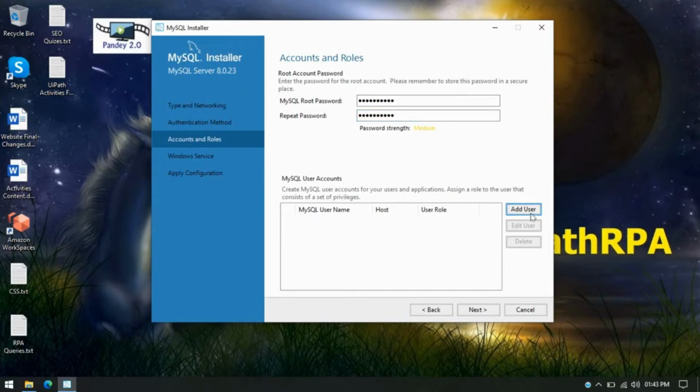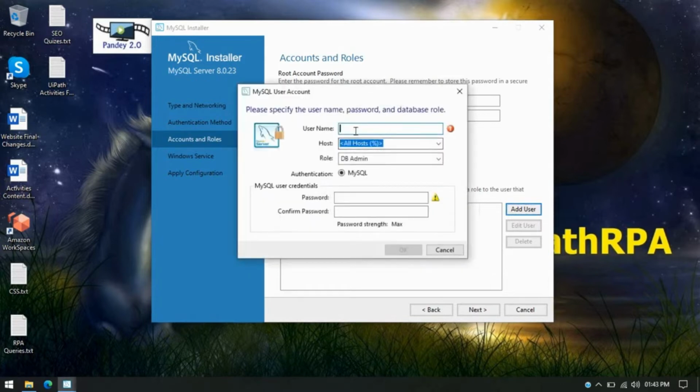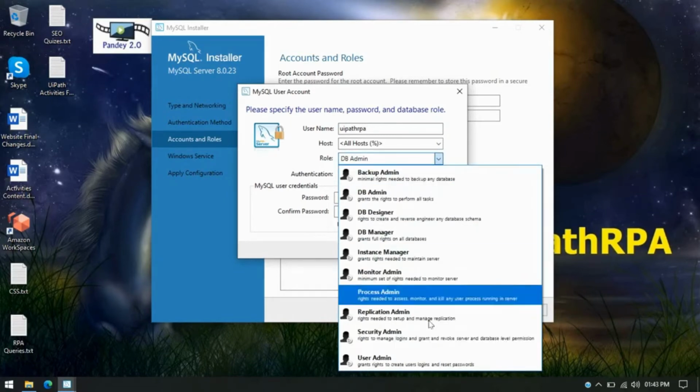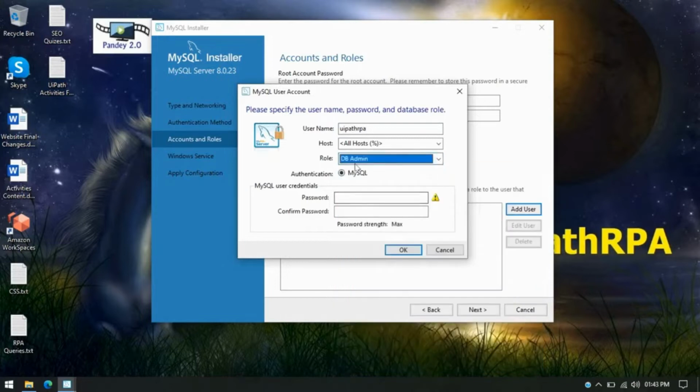Then you have to click on add user. You can enter the username. I'm just going to put UiPath RPA here, and then you can leave this as is, all hosts. Do not select localhost, just click on all hosts. You can also leave this as DB Admin because you are going to become a database admin. If you want, you can choose designer, DB manager or anything else, but I suggest you use DB Admin.